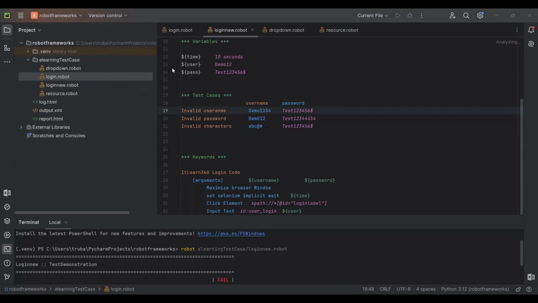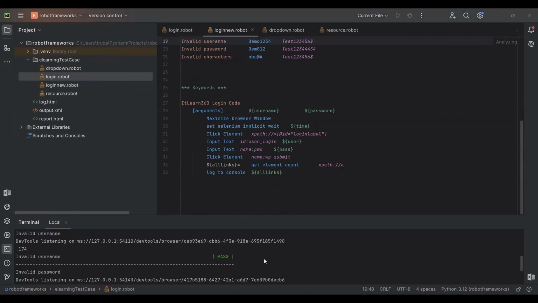So let me share you the screen, where multiple test cases are applied. It's opening basically. So invalid username, this is passed. So here,